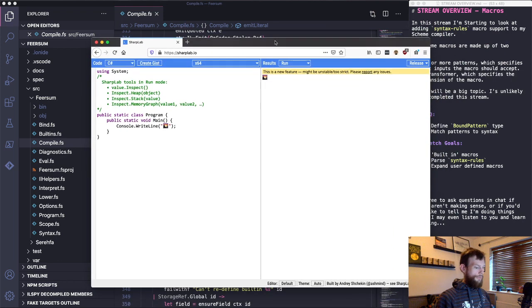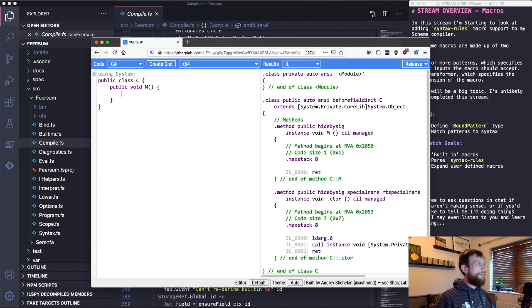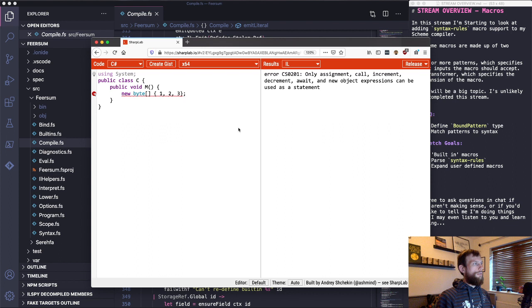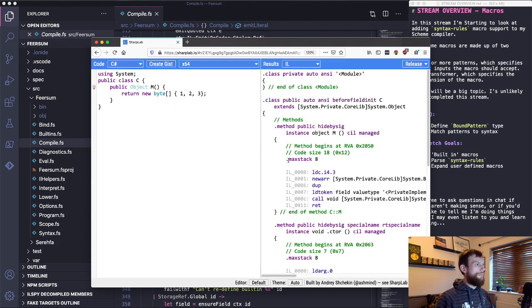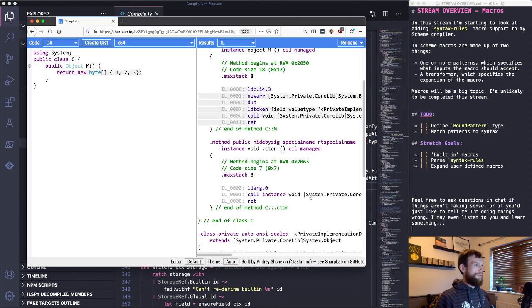If we've got a byte vector and we do something like new byte, and we give it 1, 2, 3, and it's expecting a semicolon. The IL for this is going to be interesting. What it expands out to is